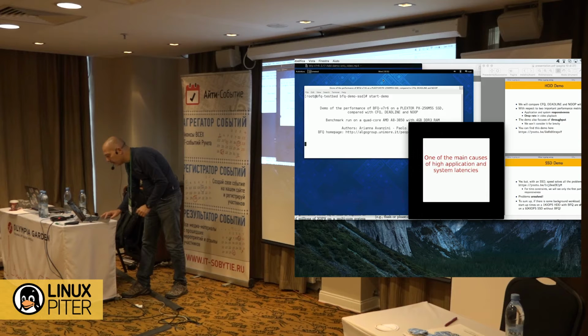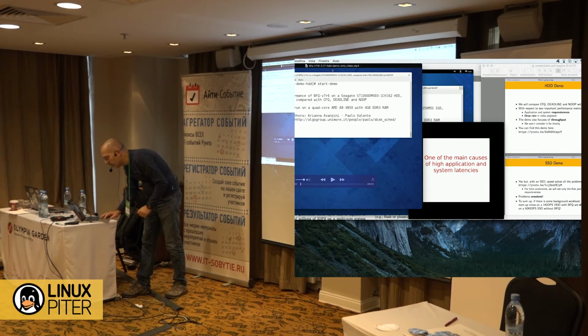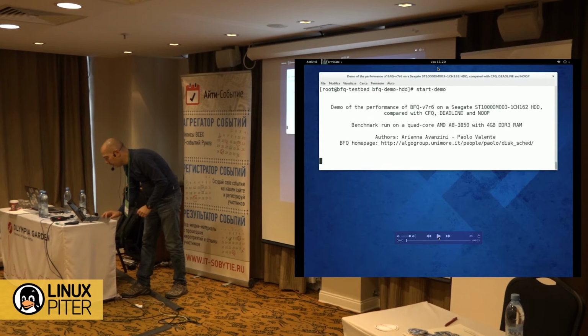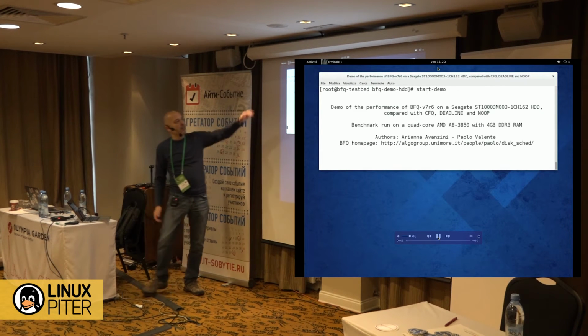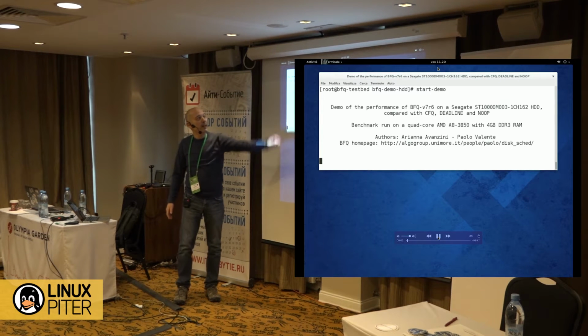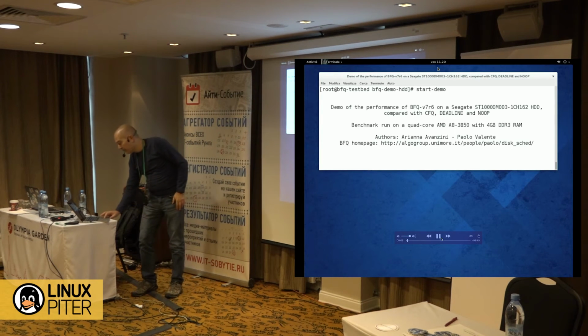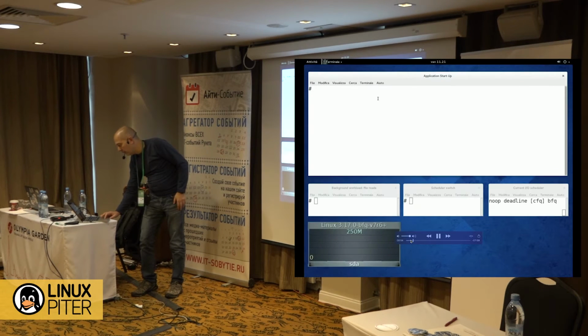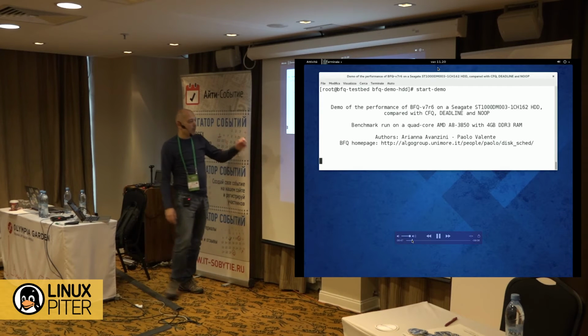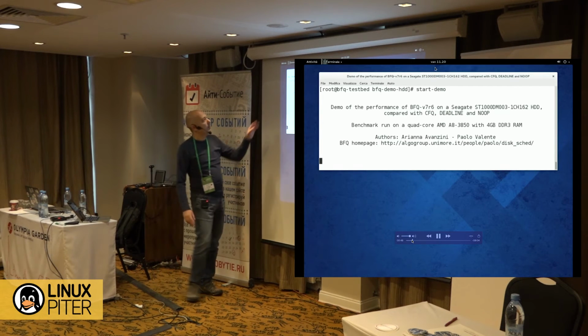So the first one. Okay, this one. There you can see some details about the hardware, but basically it's a relatively fast hard disk. We can skip all of this and go directly to the beginning of the actual demo. In a moment you will see a main window.